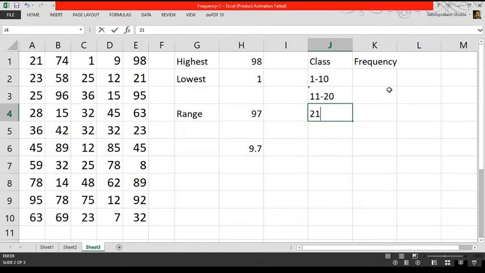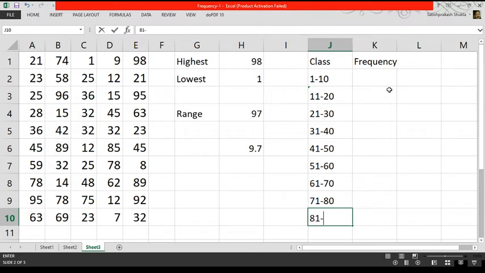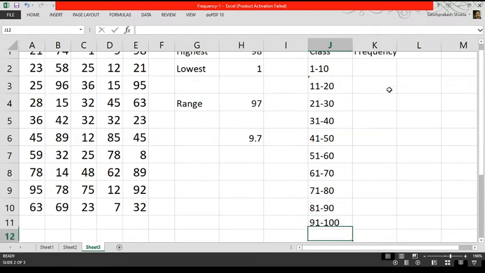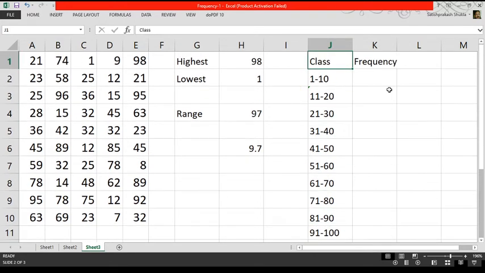Now we write here 21 to 30, then 31 to 40, then 41 to 50, then 51 to 60, in the same way 61 to 70, 71 to 80, 81 to 90, and our last class will be 91 to 100, because the last class should be such that it includes the highest score, and our highest score is 98, and it will be included in this 91 to 100. So this is our last class.